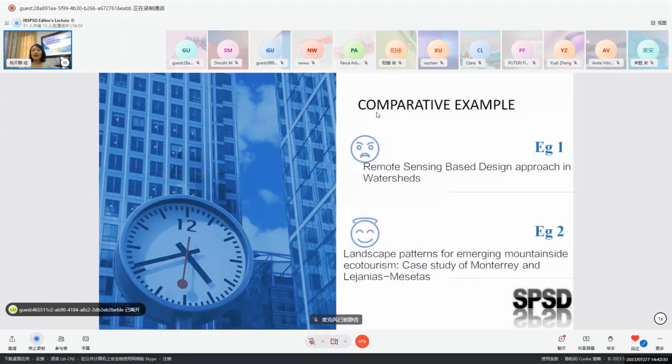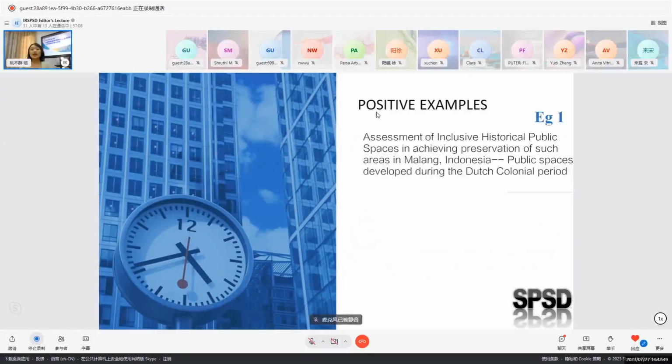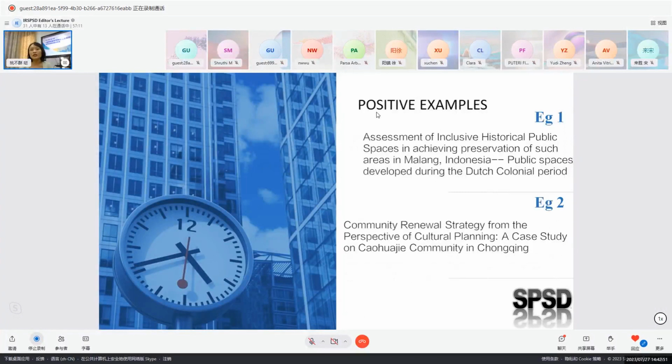And titles like this are easier for researchers to search on the internet because they read in effective keywords in the title. That is what I think is important to make an effective title. And here I also give some positive examples from our journal for case studies. But I'm not going to say you have to add the words "case study" in your article. That is not required. But you have to